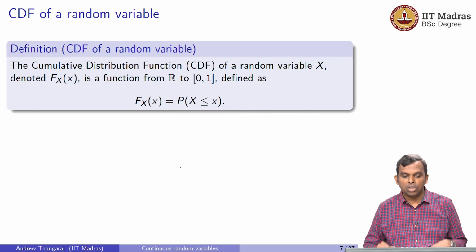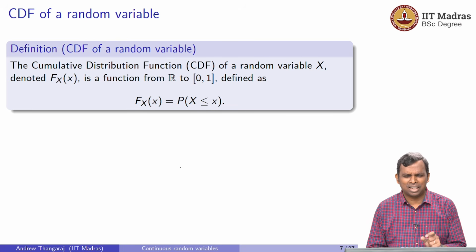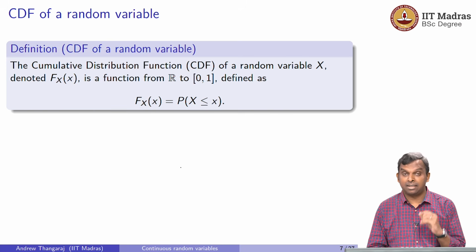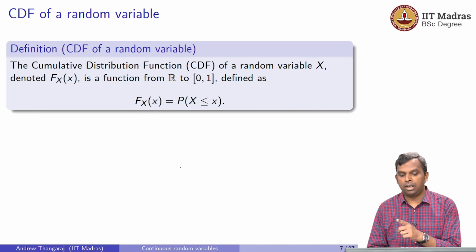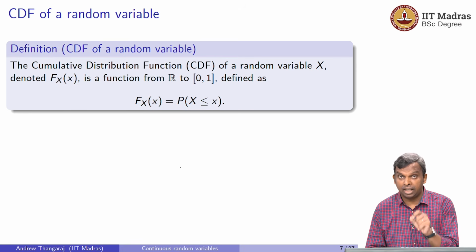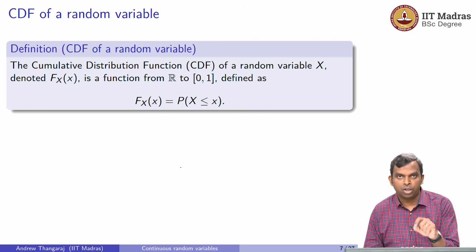Okay. So here's the definition for CDF. The reason why I like CDF is CDF sounds like a much better acronym than DF. So the CDF of a random variable, any random variable X, has a CDF, and the CDF is defined in this fashion. It's a function from the real line to [0, 1]. So F_X(x) is a function. The input x, small x, comes from the real line. Any real number can be its input. And the output is a value between 0 and 1.